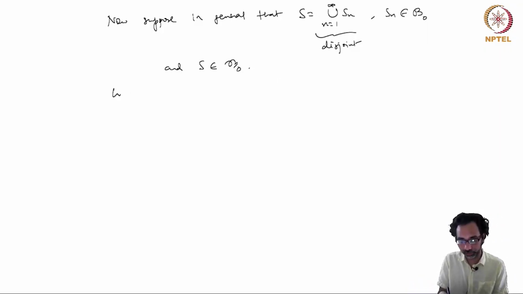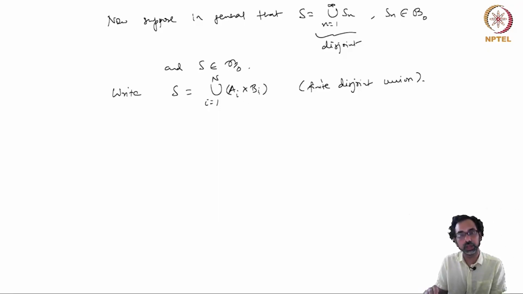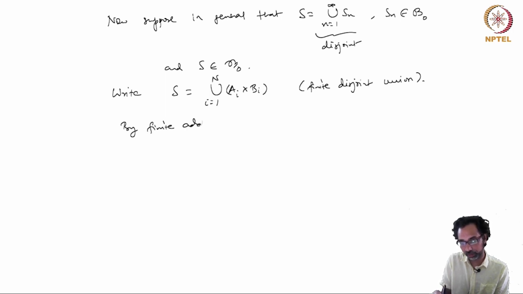Now if we write S as a finite disjoint union of Ai cross Bi, i equal to 1 to N, of course all these Ai's and Bi's belong to the respective sigma algebras Bx and By. So by finite additivity of mu x cross y, we have